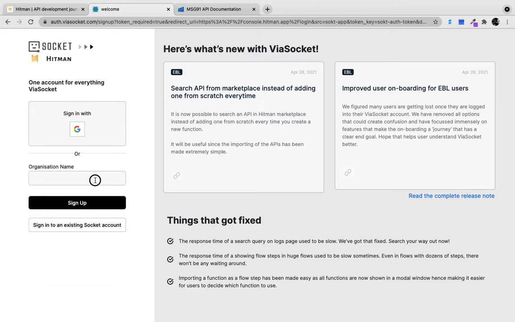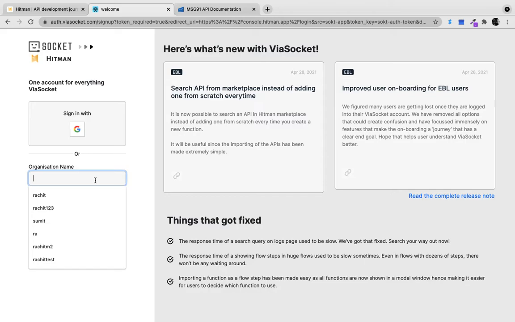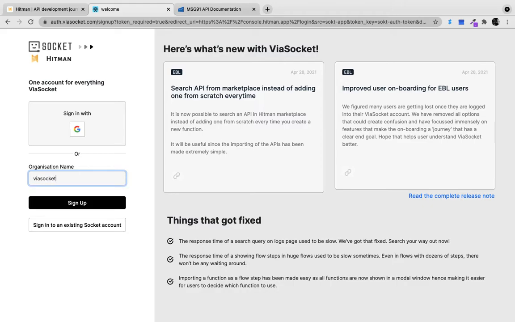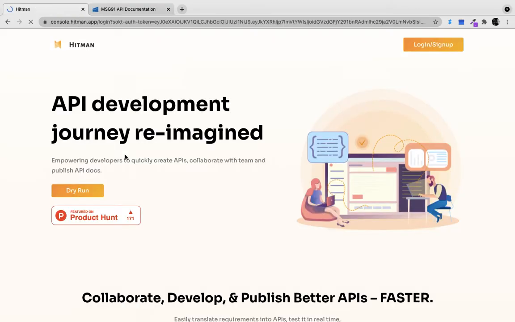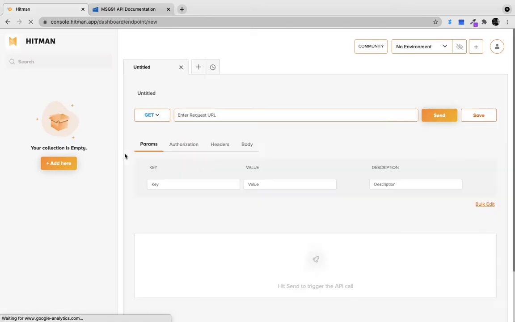Next, the organization name. Now this is something you have to enter as the company for which you're working. I won't be entering my own company name because I already have an account with it. So let's enter a dummy company, sign up. Okay, so the account has been created and we are here in the application.